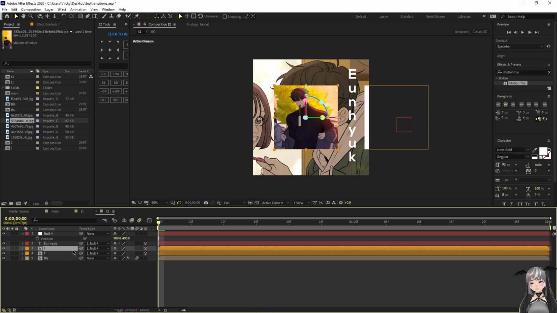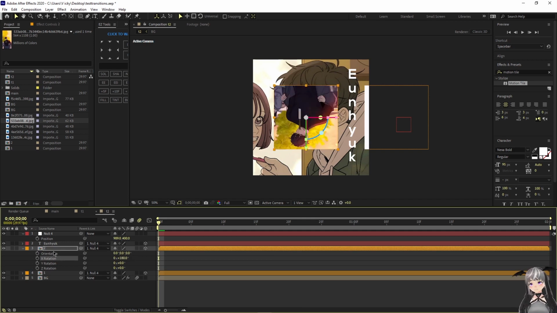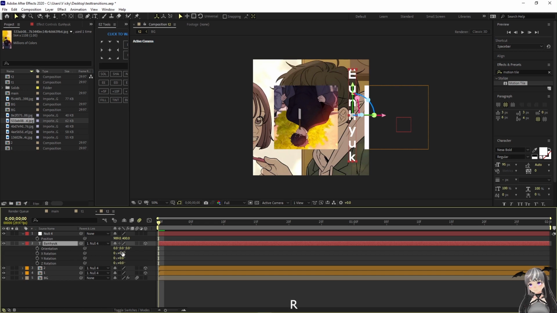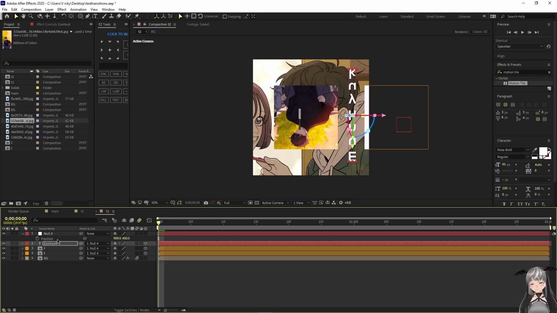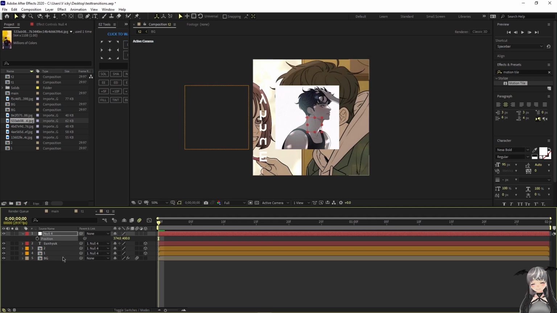And the next thing we do now is to press R. We're going to change the X rotation to 180 and set the text to 180 as well. Press here on R and go to the X rotation, set it to 180 as well. That is like mirrored. We will see later if I did it right or not. And now we can position it back